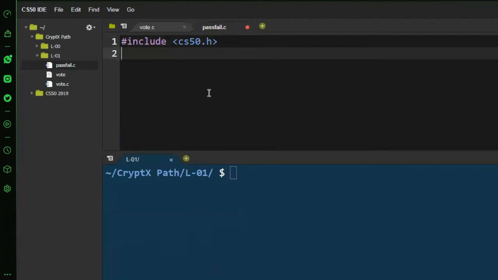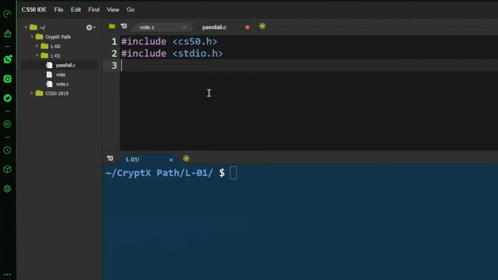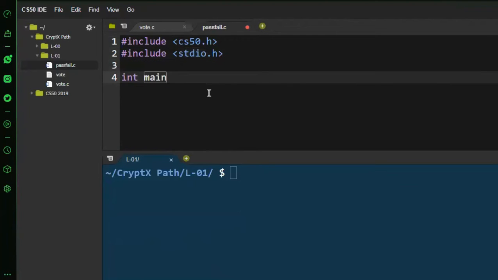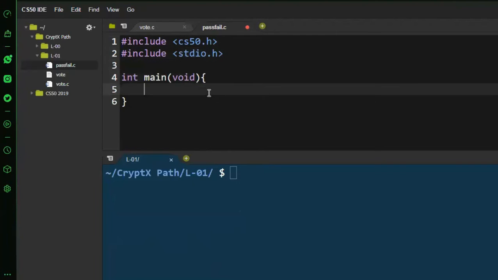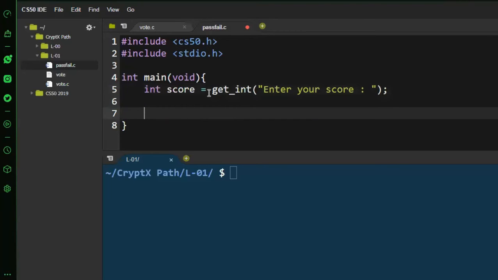I'm going to include cs50.h for getInt, and stdio.h for printf. I'm going to declare my main function, int main void, and then I'm going to write int score, a variable whose value we are going to get using getInt. Enter your score. Then a semicolon to end the statement, and then I can write: if score is greater than or equal to 90,